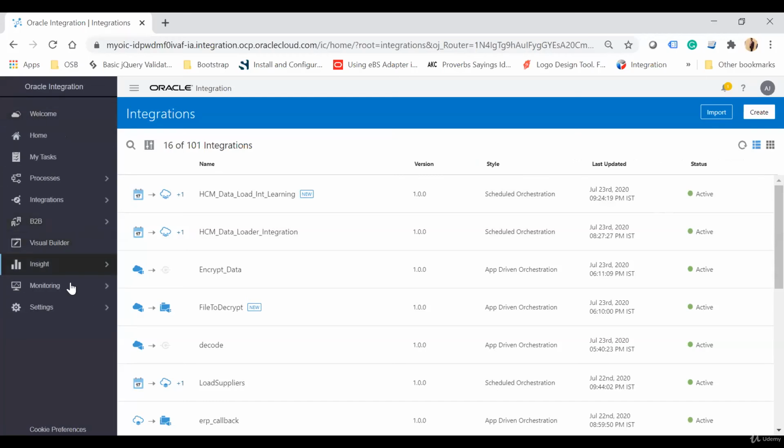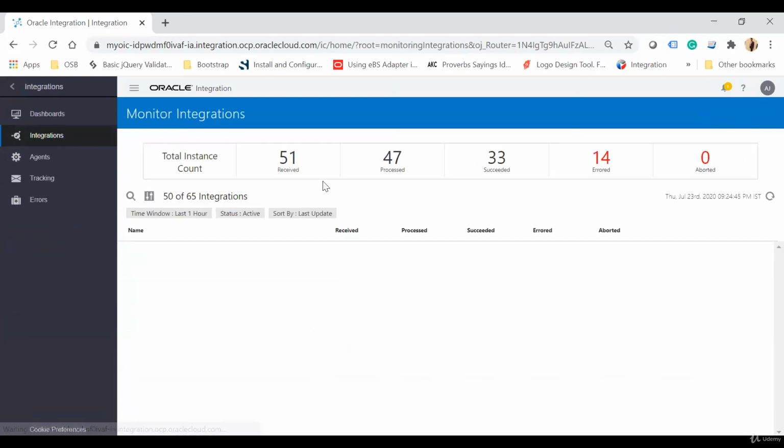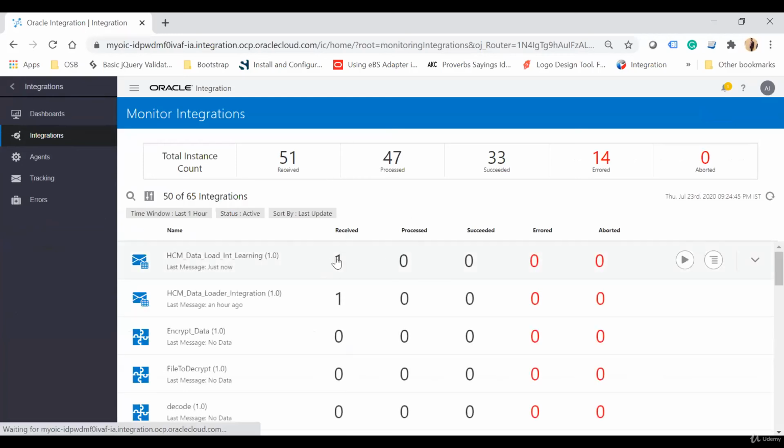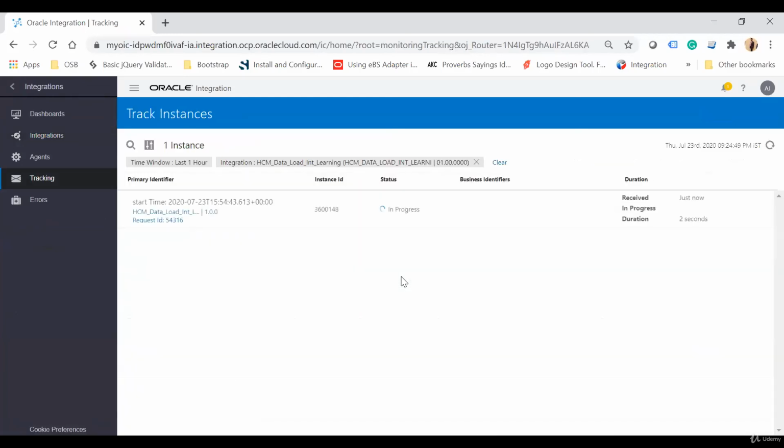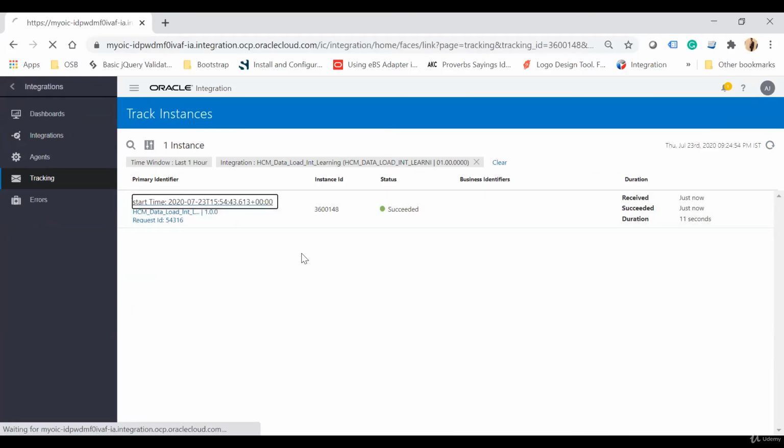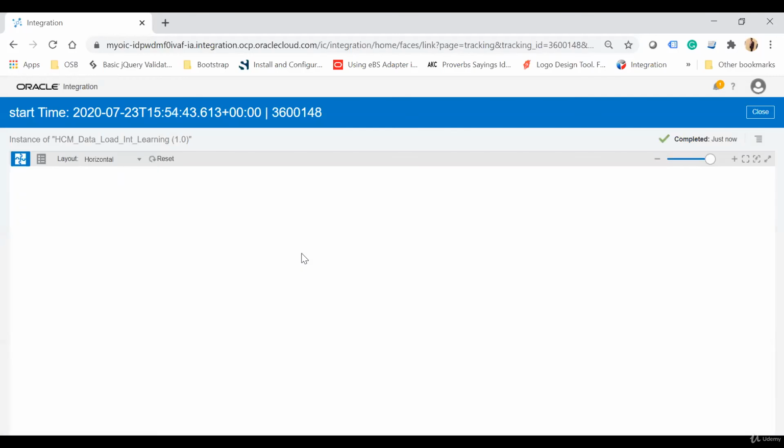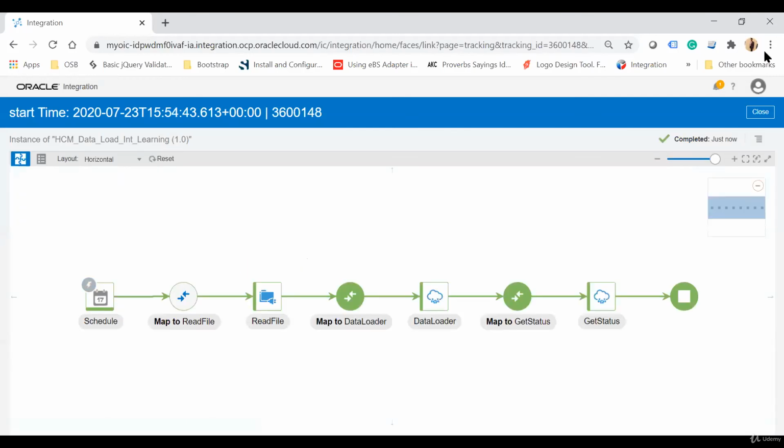Go back, monitoring, integration, and then integrations. Now here you see received one. Just open it and it is in progress. It will try to load the zip file, and here you see the integration got succeeded. Just open this instance, and I will show you the integration has been completed. Open this, view activity stream,